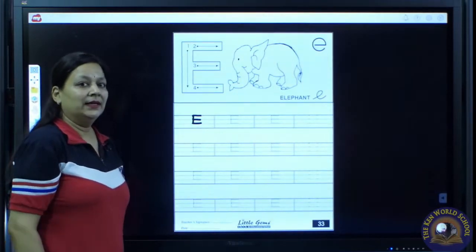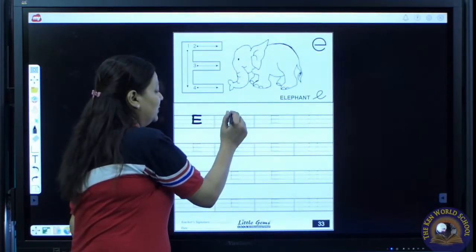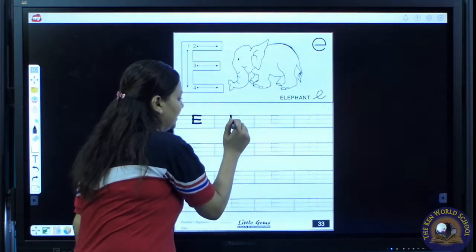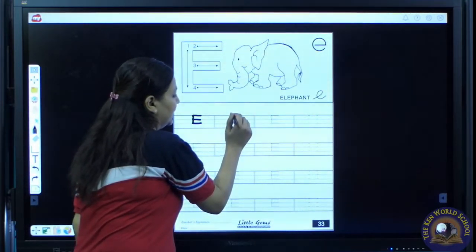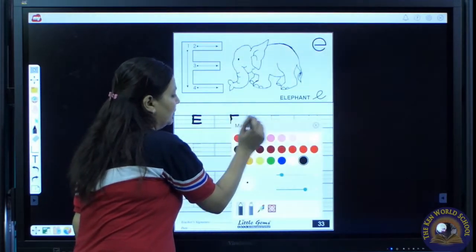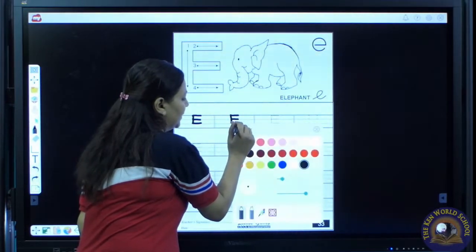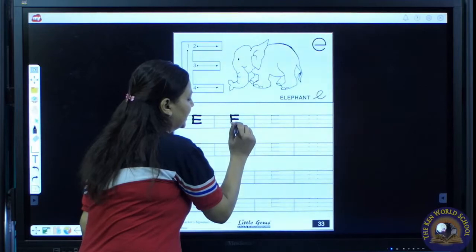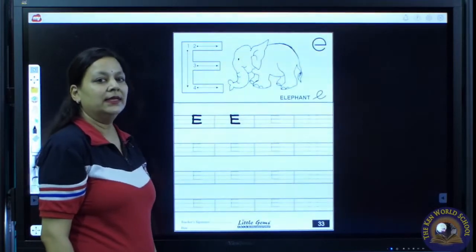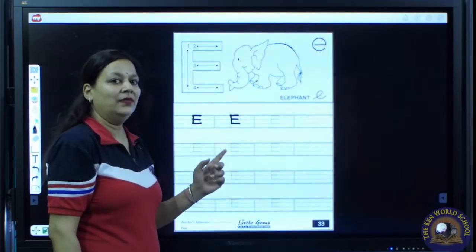Now you have to write nicely. Everybody has done? Okay, now it's my turn to write letter E. We will put a pencil on the top line. We will draw a standing line till base line. Again come back to top line and draw a sleeping line. One more sleeping line on the middle line. And another sleeping line on the base line. E. E says eh. E as in elephant.